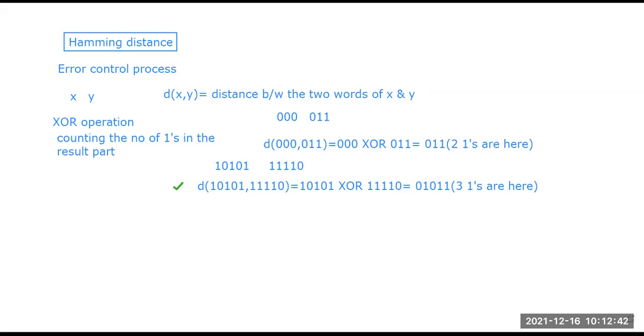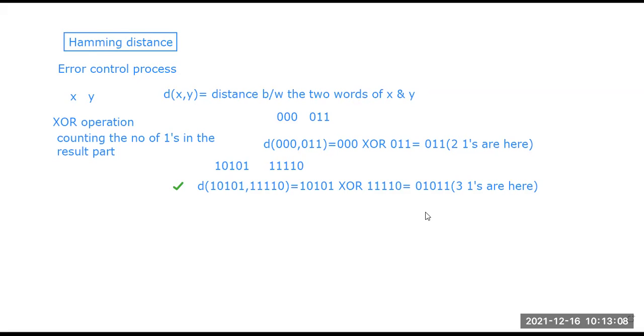Then we calculate the Hamming distance by applying the XOR operation and calculating the number of 1s. This number of 1s will tell us how many message bits are in error or corrupted.